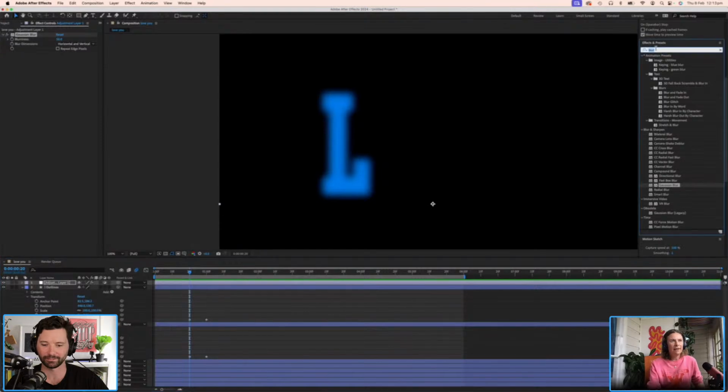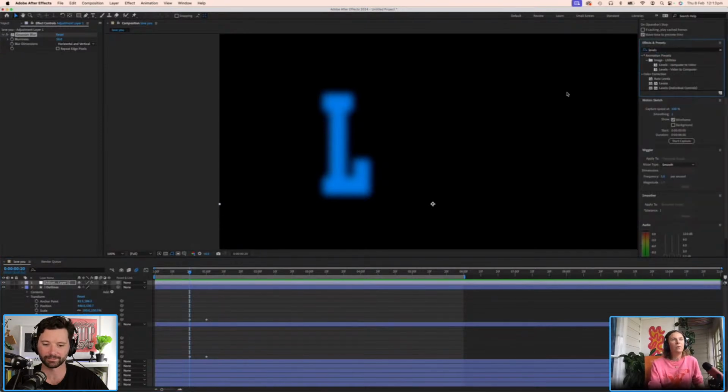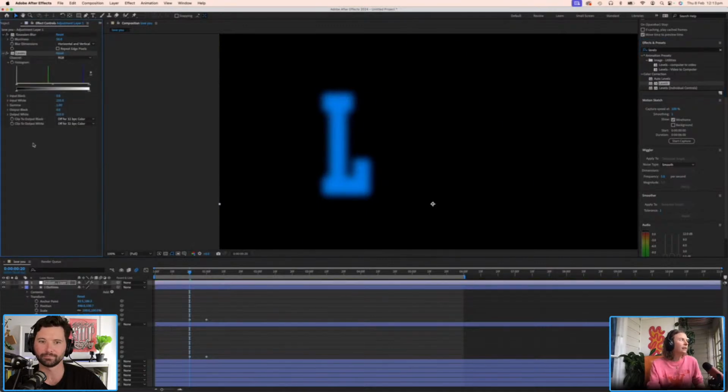But to clip that back in, we're going to add to our adjustment layer a levels effect. And we can switch the channel to alpha. And what that's going to do is ignore the color values and just look at the transparency values within this layer.